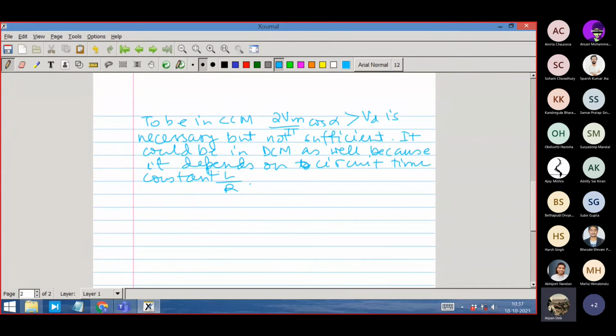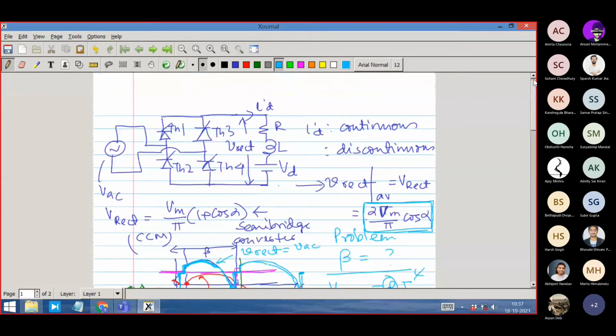Yeah. So in the earlier class you told that if ID is negative, then the converter will act like an inverter, right? Here the ID cannot be negative. I have put only thyristors in the positive direction. Thyristors are only in the forward one bridge. That is a 2-bridge converter. Otherwise there has to be another thyristor in anti-parallel.